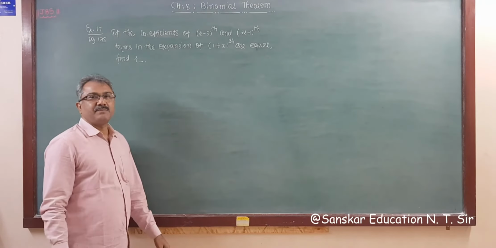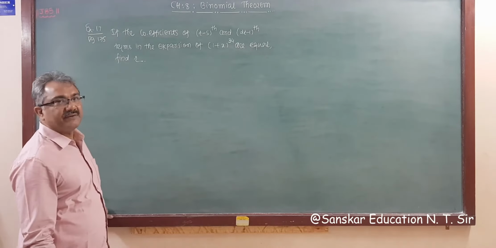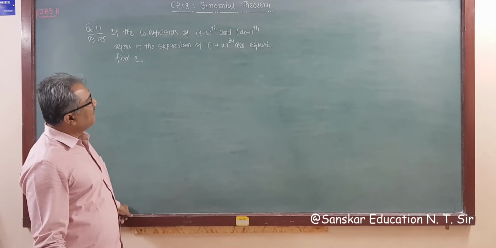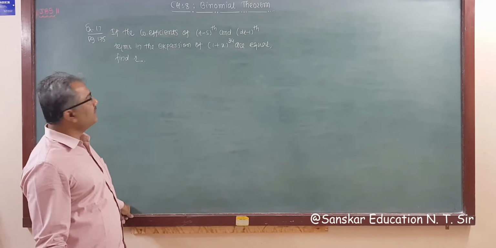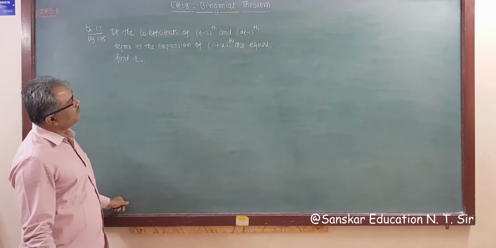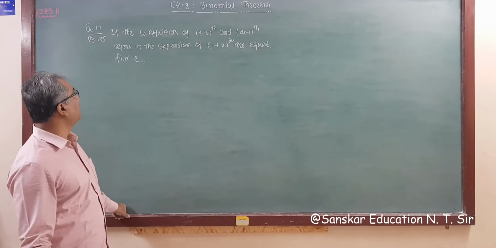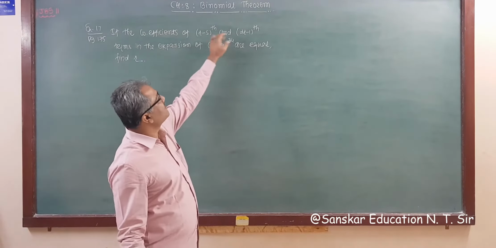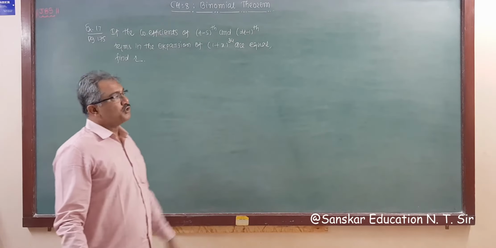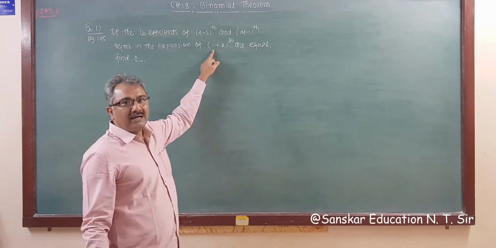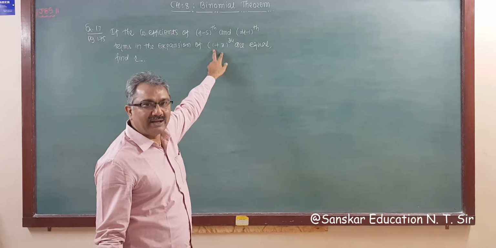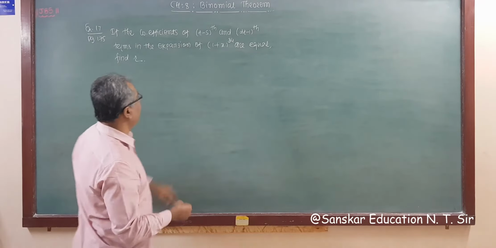Next question is example 17, page 175. If the coefficients of the r minus 5 term and twice r minus 1 terms in the expansion of (1 plus x) raised to 34 are equal, then find r, right? So it is given the coefficients of these 2 terms are equal. So once again, the r plus 1 term for (1 plus x) raised to n, as we did in the previous example, right?